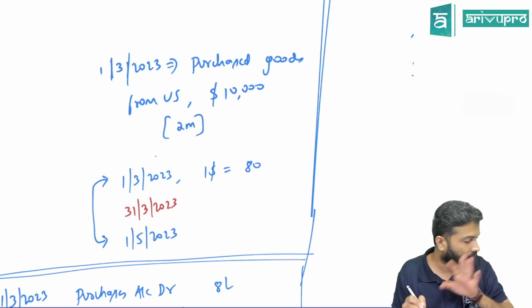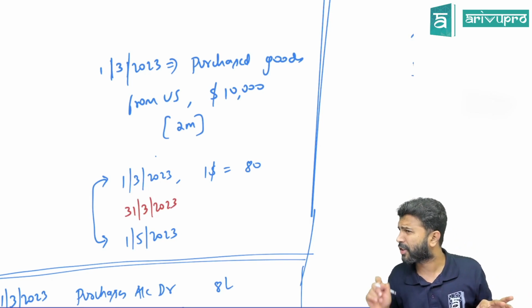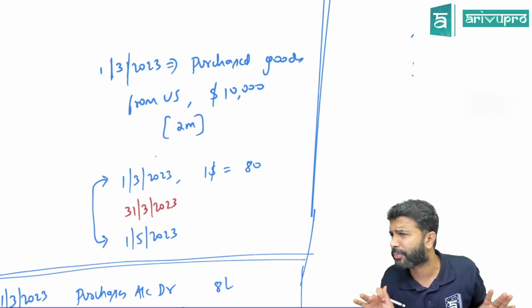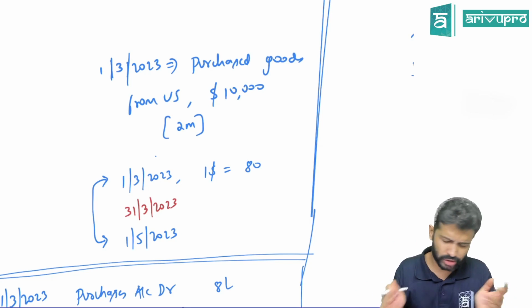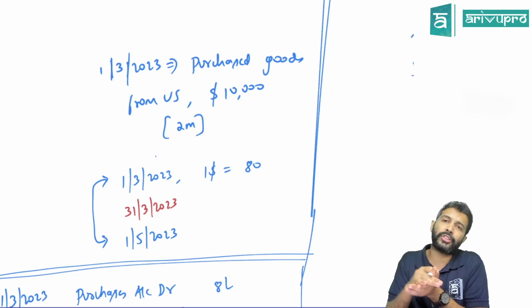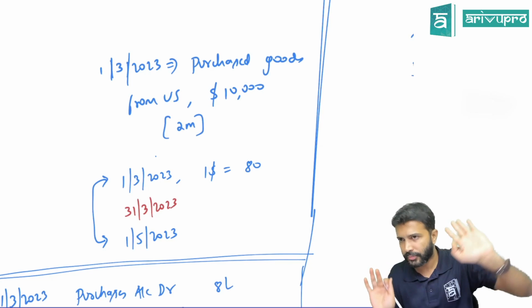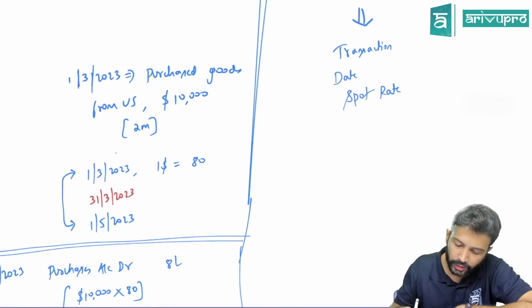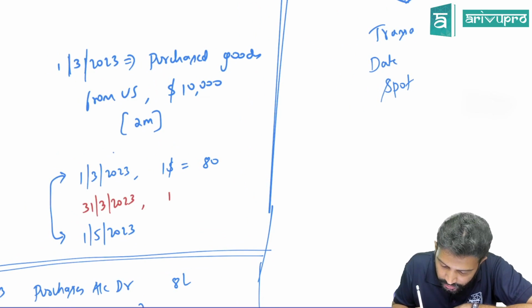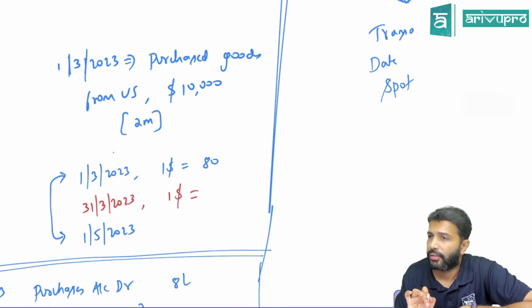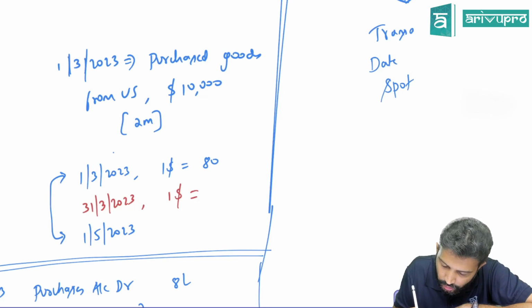31st March 2023. Generally, we close our books because most of the companies close their books on 31st March. Correct now, people? Okay. So on 31st March, let's say the exchange rate on 31st March is on $1 has